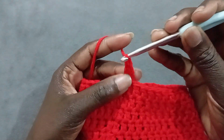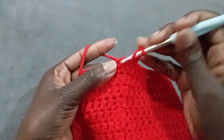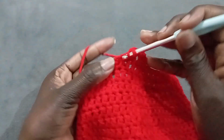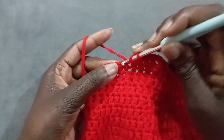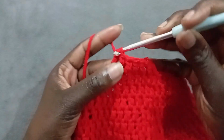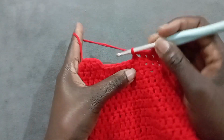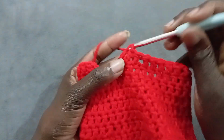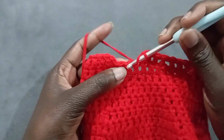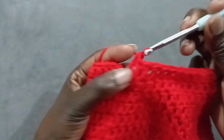Then we are going to work 5 double crochet followed by a decrease 5 times. So go ahead, I'll meet you when you finish with the decreases to show you what to do next. We have 5 stitches remaining, so we are going to work a double crochet in each of the stitches. Then we are going to make a slip stitch